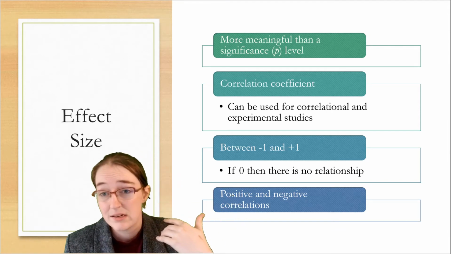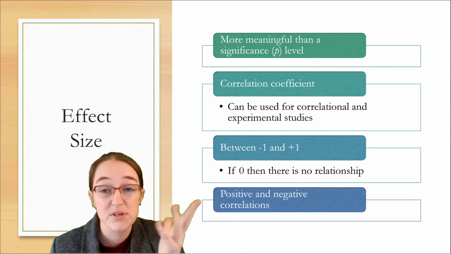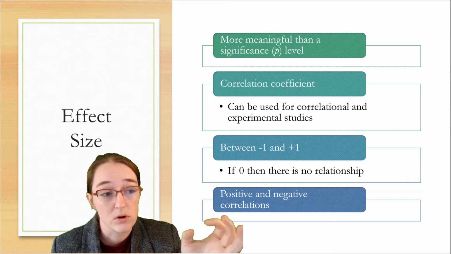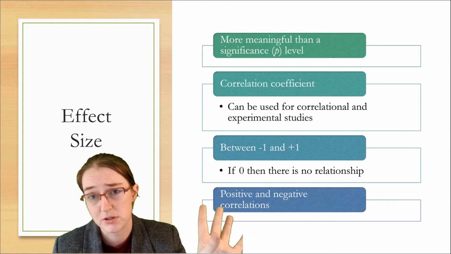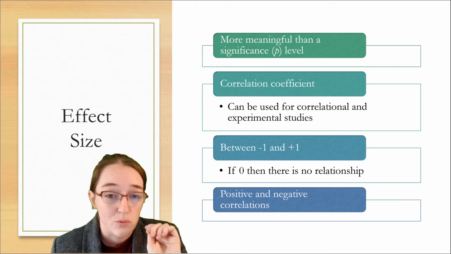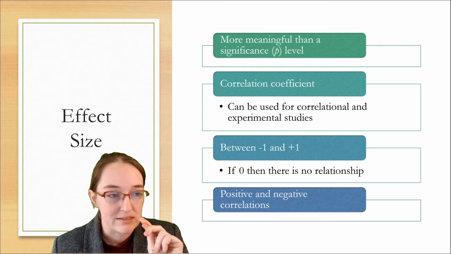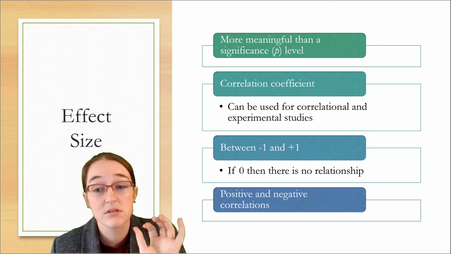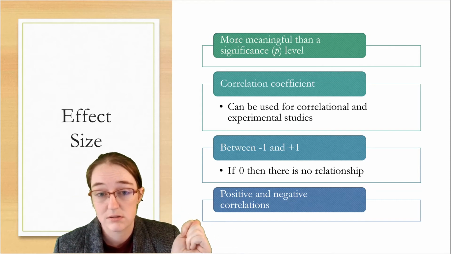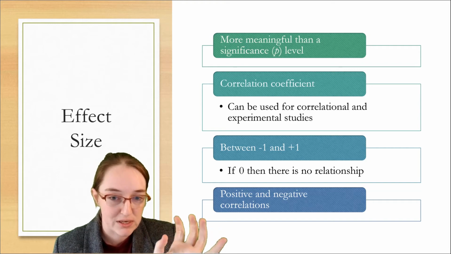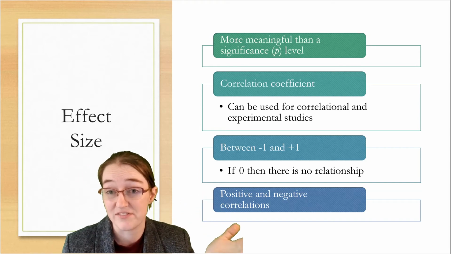Effect size is an index of the strength of the relationship between two variables. There are other ways to quantify it, but in personality, we're going to use correlation a lot. One example of an effect size is a correlation, and a correlation can be used in either experimental or correlational studies. It's a useful metric, and you'll notice that I've accidentally slipped into using it because I find it very helpful.